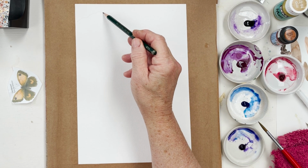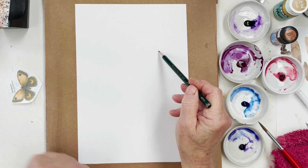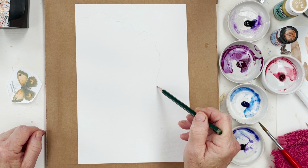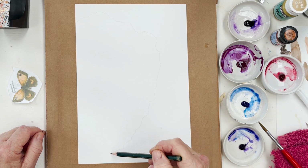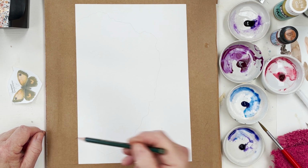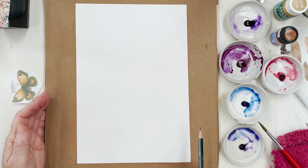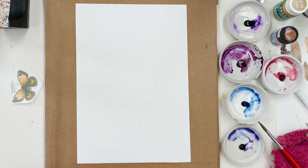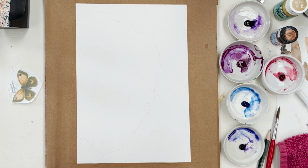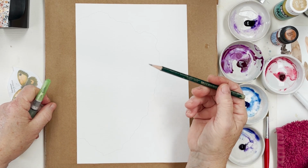So I've got a slice of this geode that Tamsin bought me for a present ages ago. So anyway, I'm going to do it so it's offset to one side of the page. And I'm just going to plunge into this. We'll see how it goes. That's just my outside edge. And then we're going to have